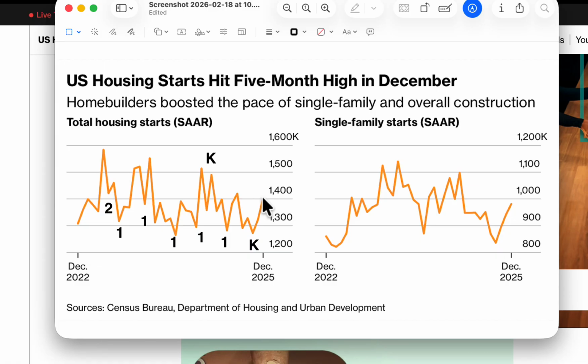But in theory, this data ought to go higher into late '26 and on into '27, meaning more housing starts coming, which can be supportive of the economy. And if not, at least a clue of other things in the economy that can help move the economy higher. All right, how did I discover this?